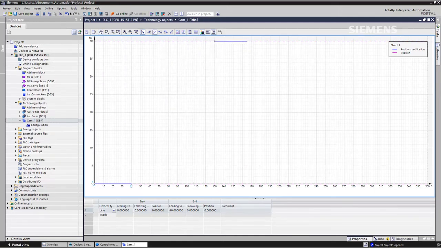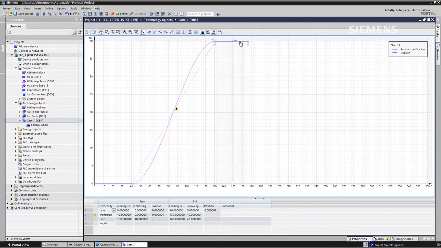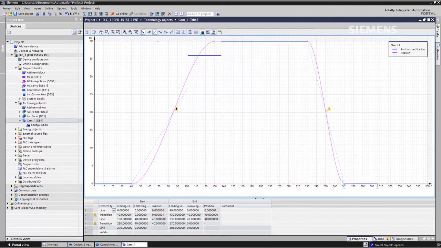And if the press has arrived at 130 degrees, the infeed should stop at its right-hand position during the press cycle. That is, until the press has arrived at 230 degrees. Afterwards, the infeed should return again. And while the press is turning 270 degrees and 360 degrees,